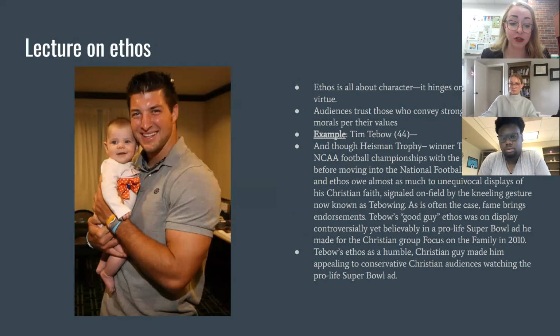Next, we talk about ethos. We define it and its examples from the well-known textbook, Everything's an Argument. Last time I taught this lesson, I was using the 6th edition. So we worked through some of the key concepts on ethos, and we worked through some of the examples. So this is a slide that I present to my students directly. So I show that ethos is all about character. It hinges on credibility and virtue. And it's a bit of an outdated example now, since the last time I taught this was in 2020.